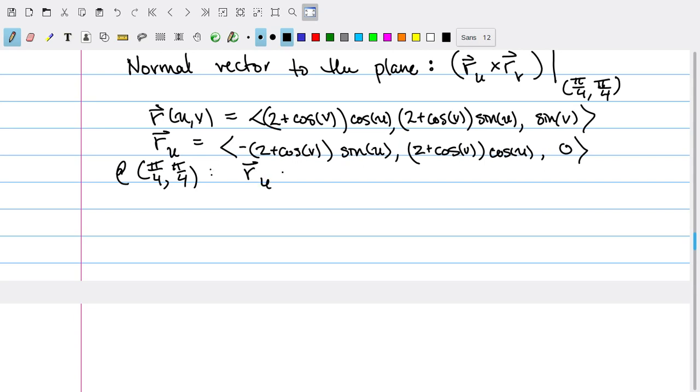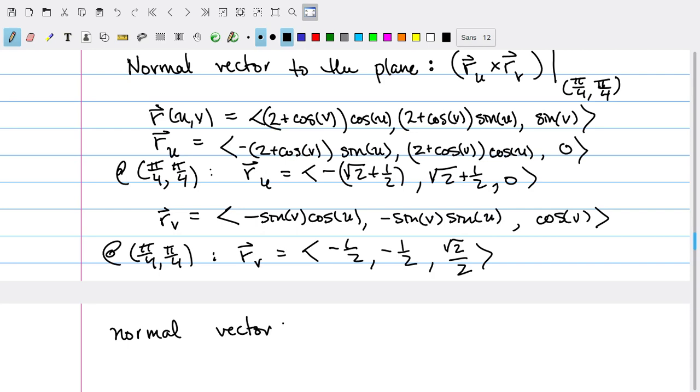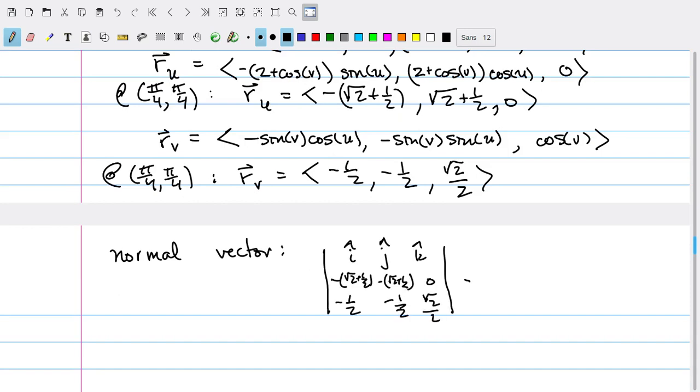And I'm getting r sub u there equal to minus the quantity root 2 plus 1/2, root 2 plus 1/2, and 0. Similarly, we can get r sub v, and I can plug that in at pi over 4, pi over 4. And there I get r sub v is equal to the vector negative 1/2, negative 1/2, root 2 over 2. So my normal vector is just going to be given by taking the cross product of these two, which is going to be